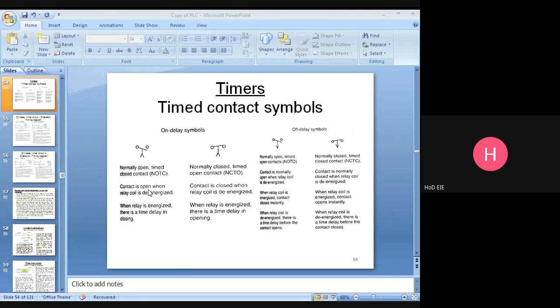So contact is open when the relay coil is de-energized; you are not giving any supply to the coil, so this will be in the open condition. The contact is closed here when the relay coil is de-energized. Now you are energizing the relay coil, and there will be a time delay. After a certain time delay only will this close.